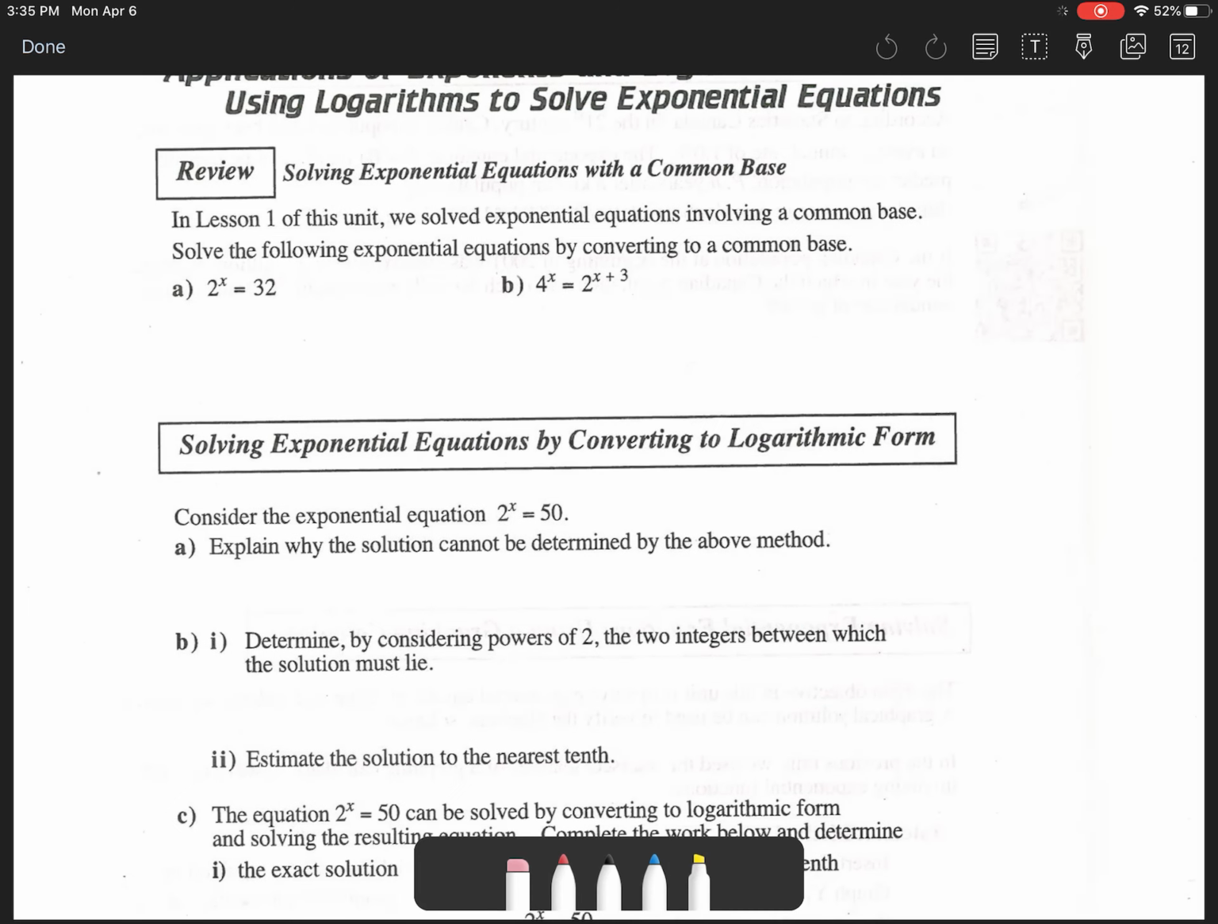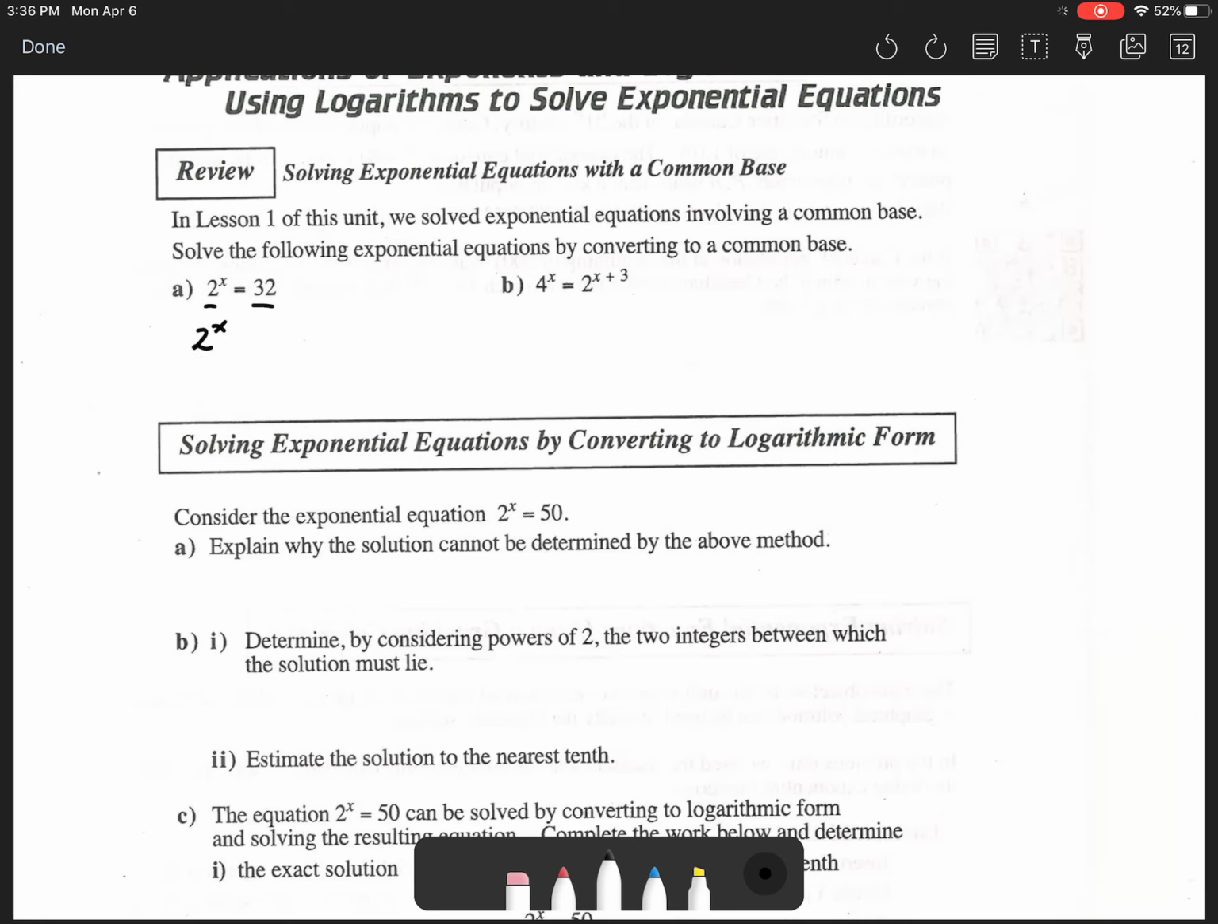So just as a review from what we've done over the last couple days, it says here, in lesson 1 of the unit, we solved exponential equations involving a common base. So solve the following exponential equations by converting to a common base. Again, we always hope that we can solve exponential equations by using a common base. That's always our first line of defense, or first line of thought, I should say, when we try and solve exponential equations. So in the first question, A here, you'll see that I have a base of 2